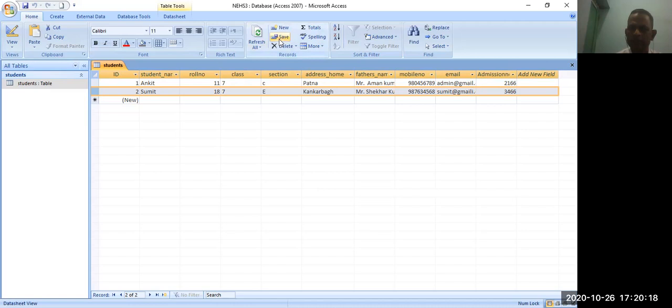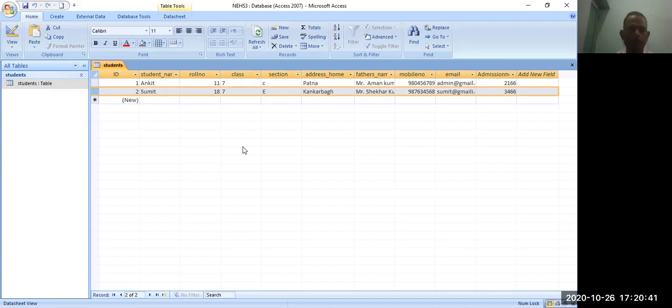You can save, and now you are able to understand how to create a database, how to create a table, how to modify fields, how to add an extra additional column, how to add records, edit records, and delete records.